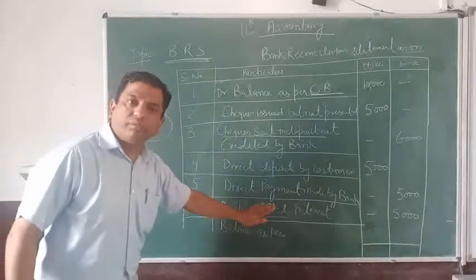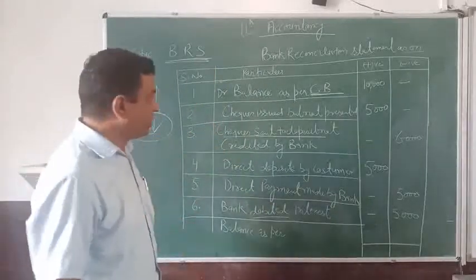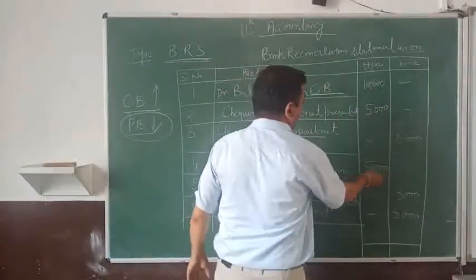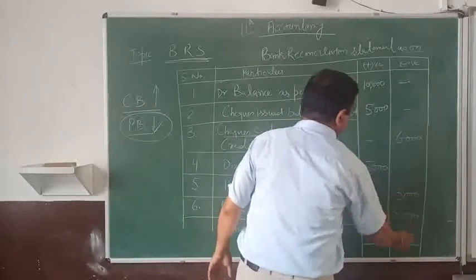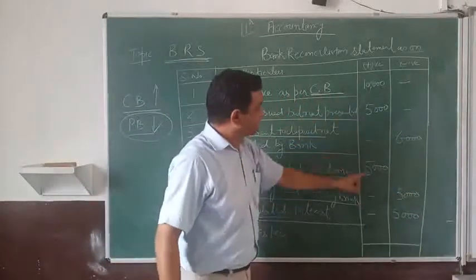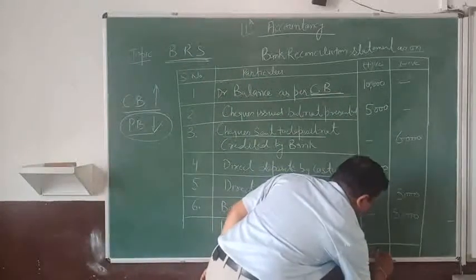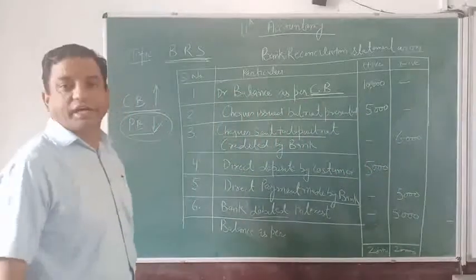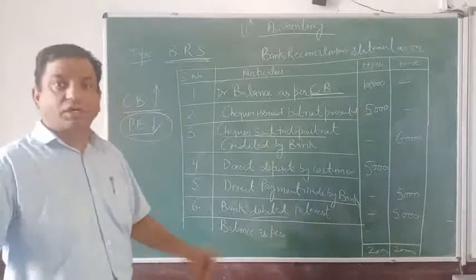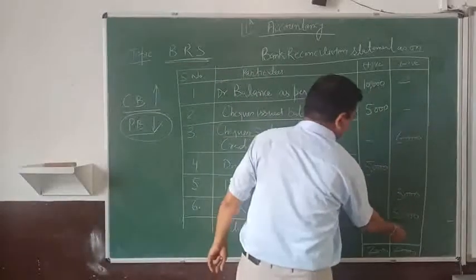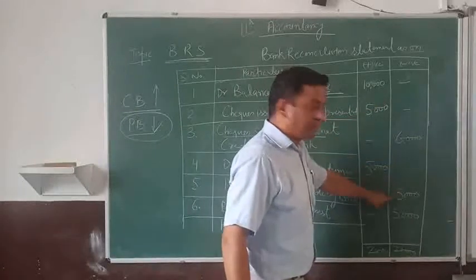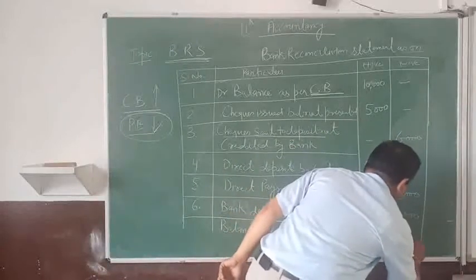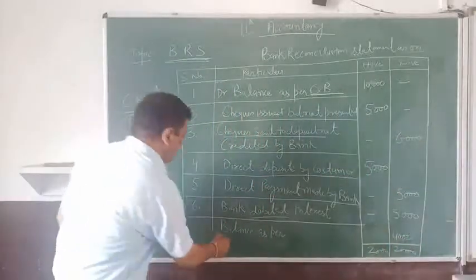Now you have put all the information. Now what you will do, as the question is over, you will make the total of the greater side. Like this is 10, 15, 20, and this is 6, 5, 5. This is total 16,000 and this is 20,000. Here you have put 20,000 on both sides. The greater side's balance will be put on both sides. Now you have to balance this account. So now you can all see this side is greater by how much? 6, 5, 11, 11 plus 5, 16. So now 4,000 is the balancing figure, and this 4,000 will be called balance as per.